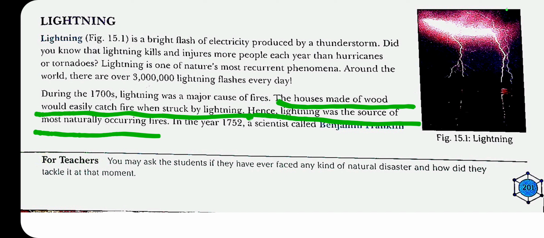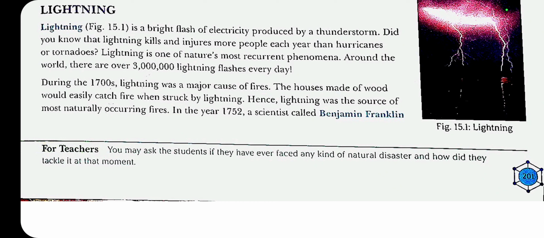We have studied in our chapter about combustible substances that inflammable substances are those which catch fire easily. But we can't say the same about wood because it could be misleading. So wood is a combustible substance, and we know that